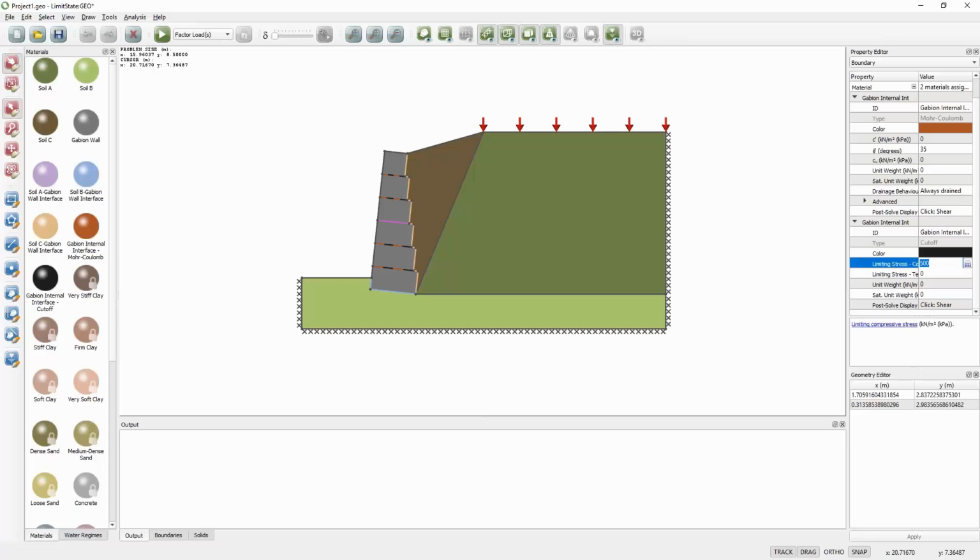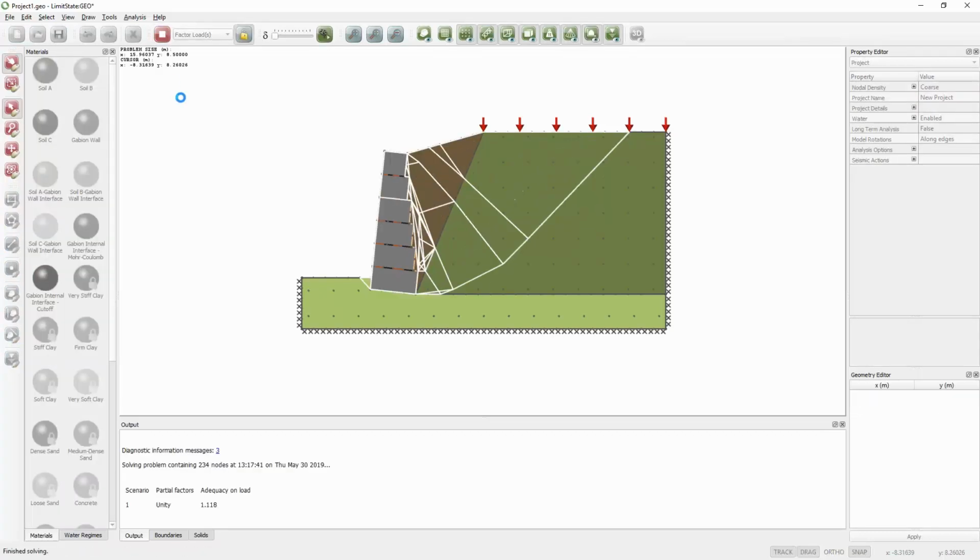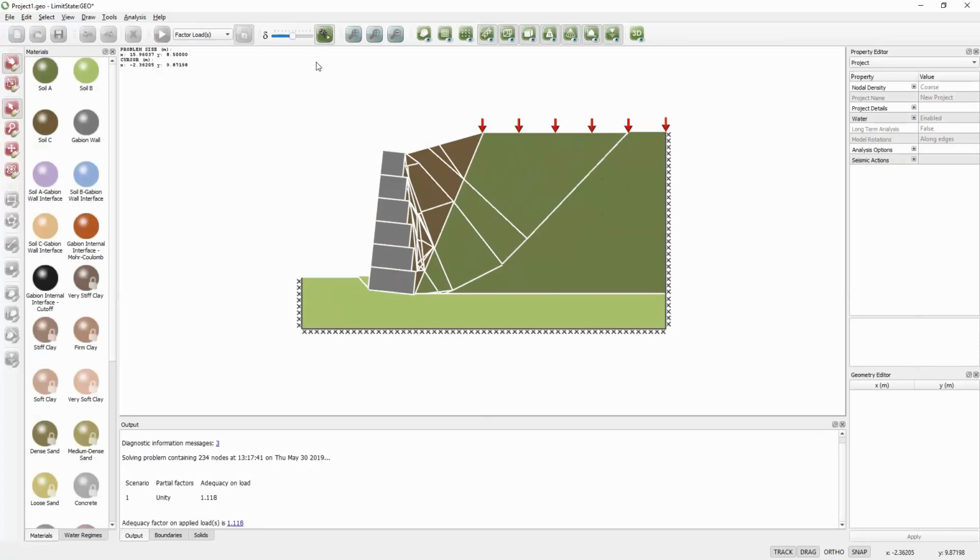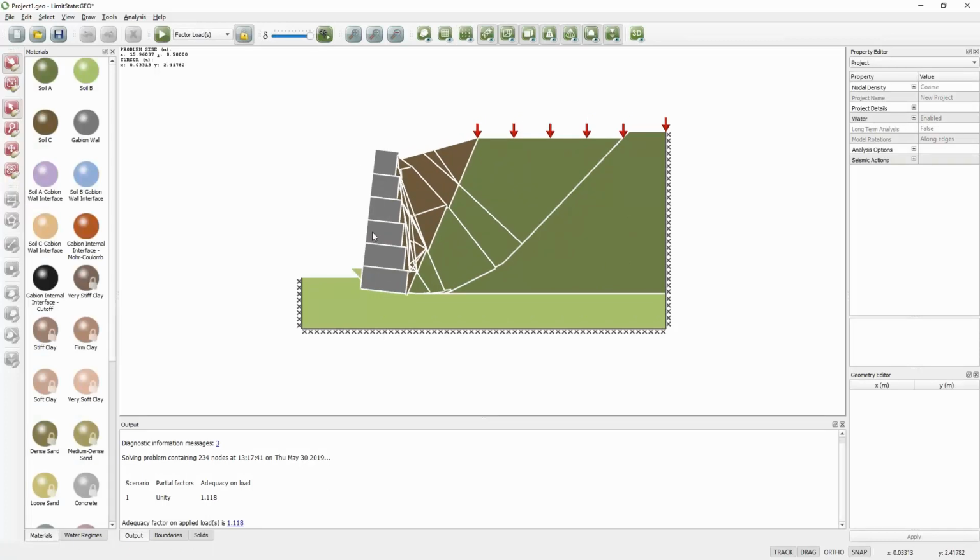But also what we know is that gabions quite often can crush, particularly at the corners. So by putting a non-infinite compressive strength, we can represent that kind of squashing of the corners of the blocks if that is likely to occur. So if I click solve on this, I get a failure mechanism, and basically the whole set of gabions behaves like one monolithic gravity